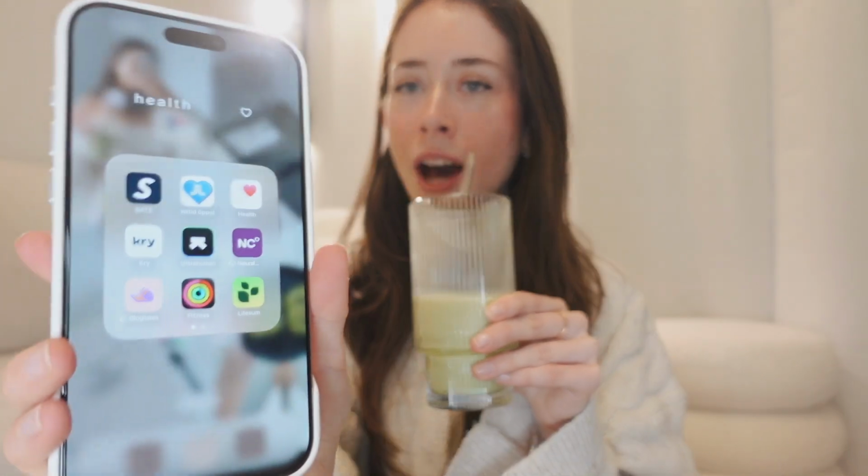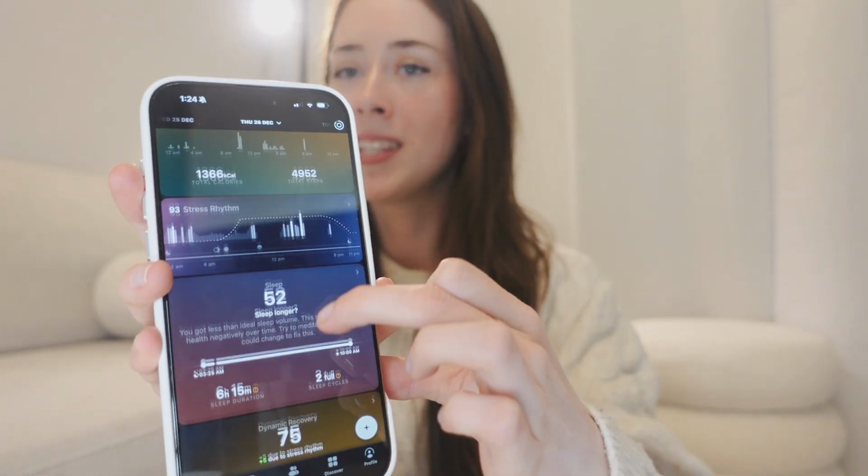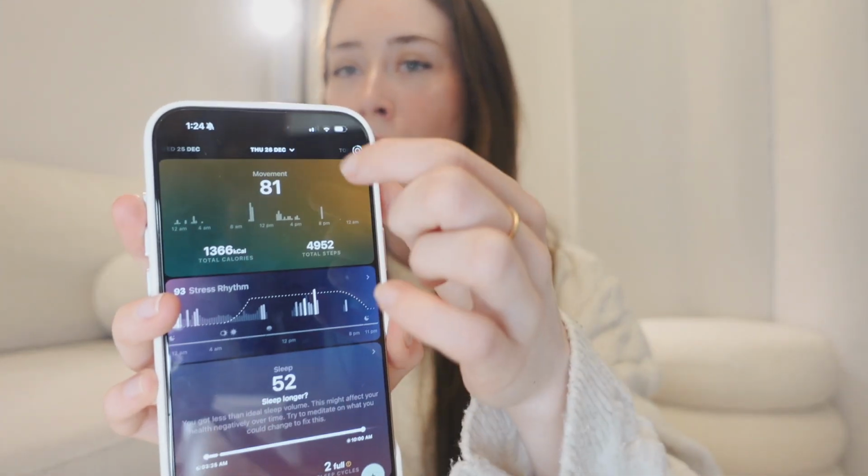And I'm really trying to focus more on my health for the new year, so I will be using these apps a lot. And then we also have the Ultra Human app. I don't know if you've noticed, but I've had this smart ring for a couple of weeks. Here in the app I can see all my stats, so my movement, my sleep data, recovery, heart rate, like everything. So I will actually be doing a full in-depth review of this ring and the app for the new year. As I said, I'm really trying to focus more on my health,